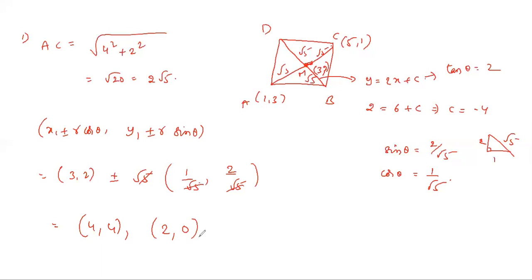So when do we use the parametric distance equations? To find the points, it is very important. To find the vertices, always use the parametric form, which is the distance and angle. They will give a direct line or a line parallel to another line. Parallel means the same slope, so you can take the same tan theta and find sin theta and cos theta. Along the line or along a line parallel to some line, in that case we use the same parametric points.